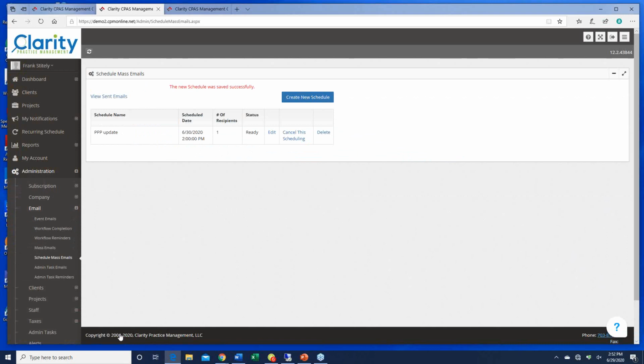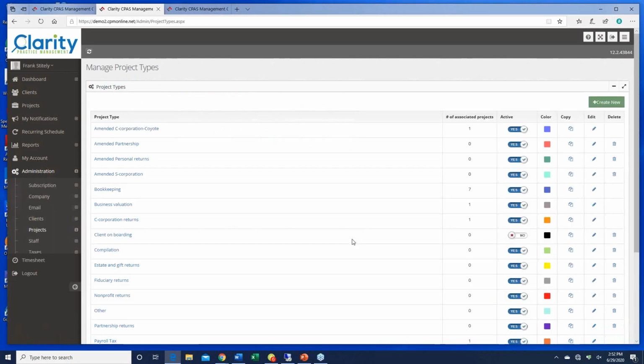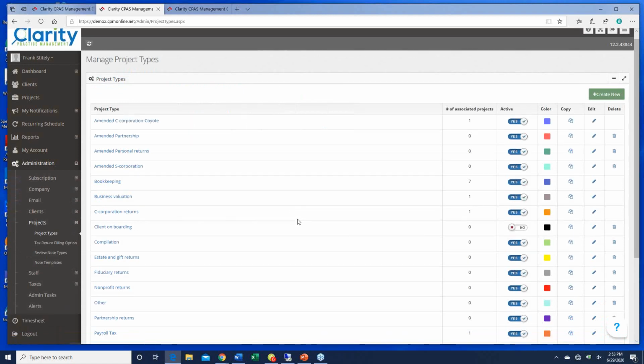In the interest of time, I'm going to skip these admin task emails because there's some other things I'd like to show you that I think are maybe a bit more important. What I'd like to do next is show you how to attach the workflow completion and the workflow reminder emails to projects. So I'm going to go back to projects. I'm going to go back to my project type. And I'm going to go to my onboarding,